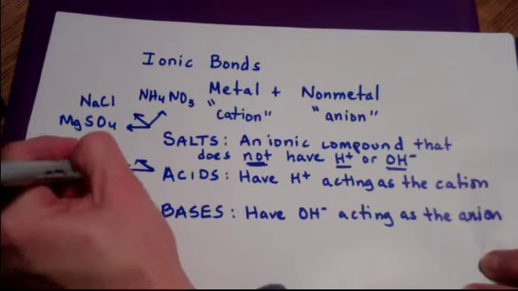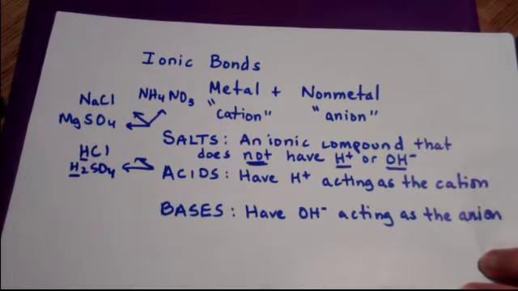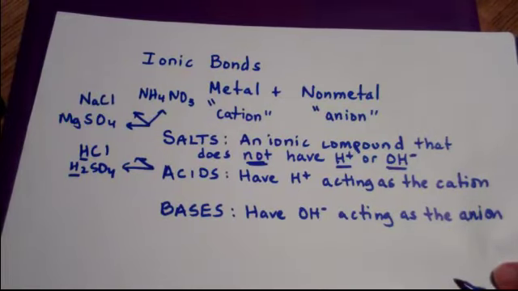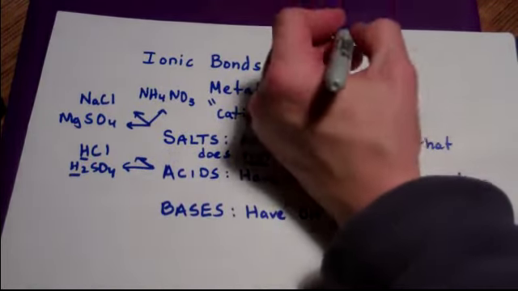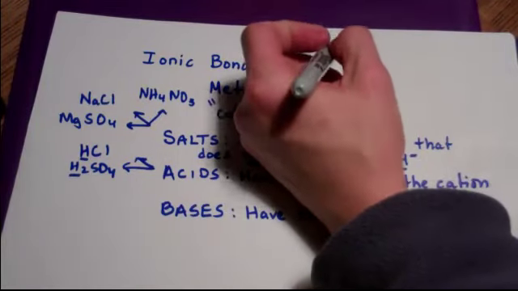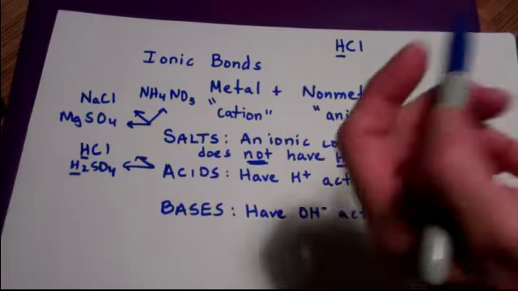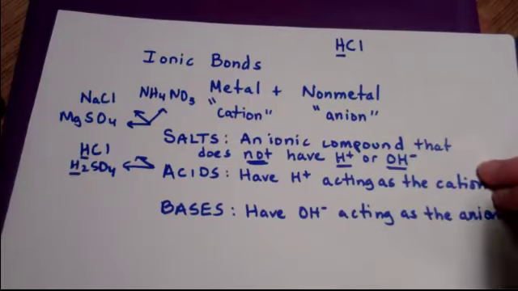or H2SO4, things that have H in the cation position of the molecule. The one thing though that I want you to note is that our electronegativity differences are not always quite spot on. So if we're looking at HCl, this is actually a covalent molecule, but the behavior of the hydrogen is a little bit fickle because it's also in group 1 of these elements, and so it can also act as a cation even though it's not necessarily